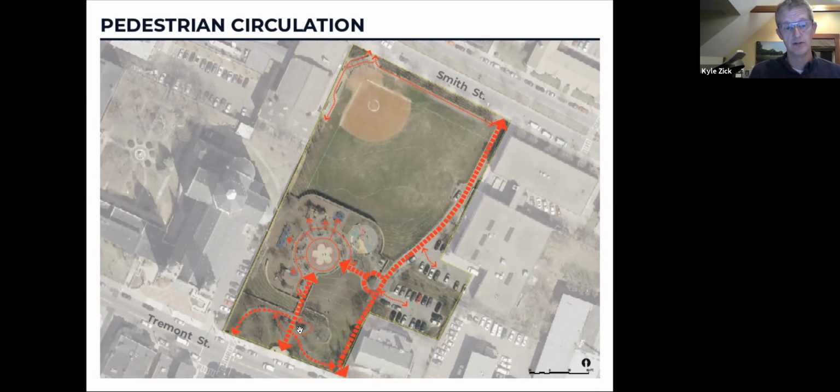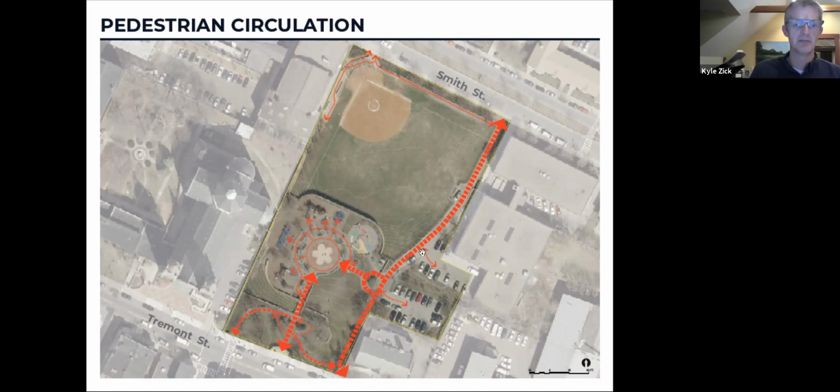The center one connects the passive space to the playground probably more than the sides. But there is an accessible route that starts to take you down the slope over on the library side of the passive space. And then down that center circulation route is a large set of stairs. So the accessible route is around the side and then here into the playground area.